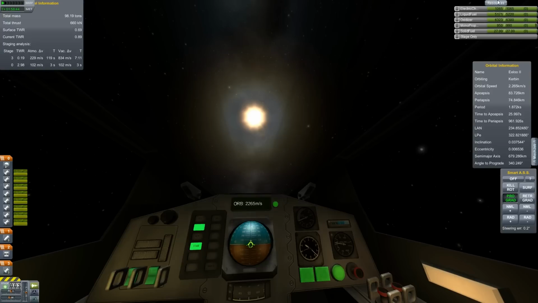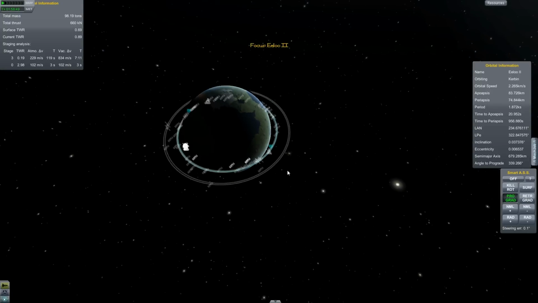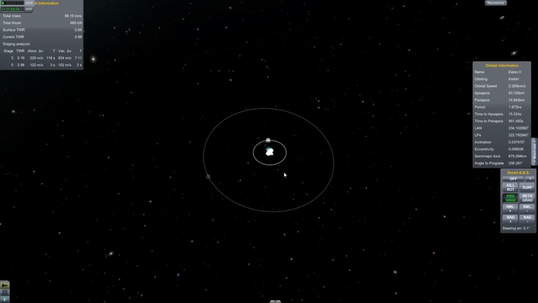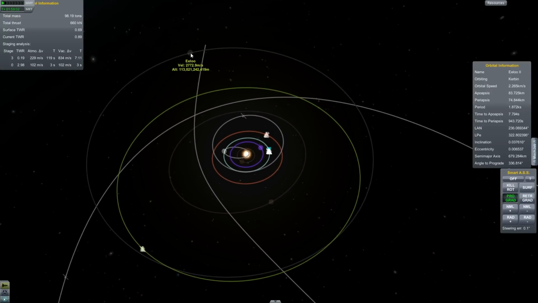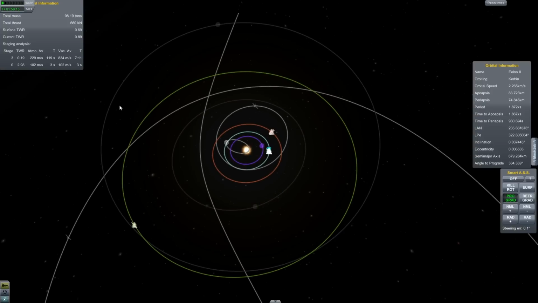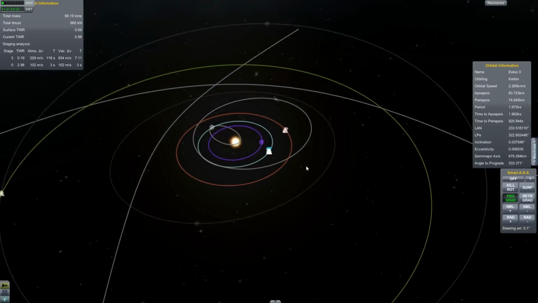So we have a metric buttload of fuel. When do I want to fire? Is it just when I'm coming around the night side, I think? I don't have the OLEX KSP util thing. There's Eeloo there. Yes, it's going to be... When should I hit it? Is that the angles right? Yeah, I guess so. So it'll be out here somewhere, maybe? Which could be good for our angles, but...